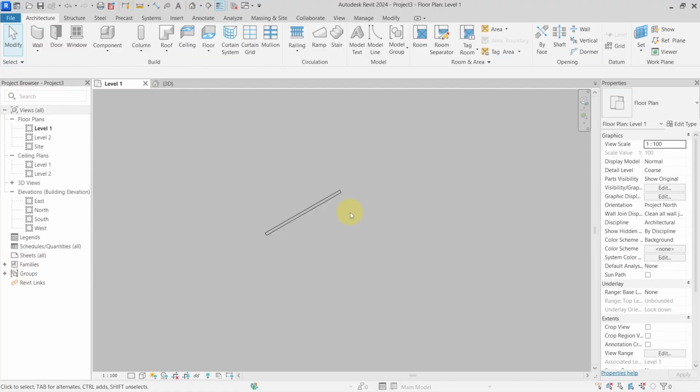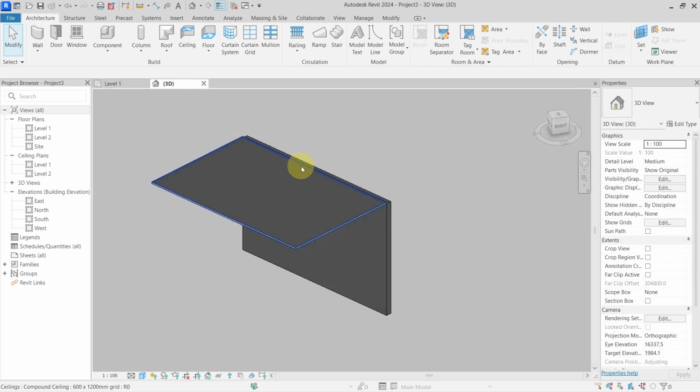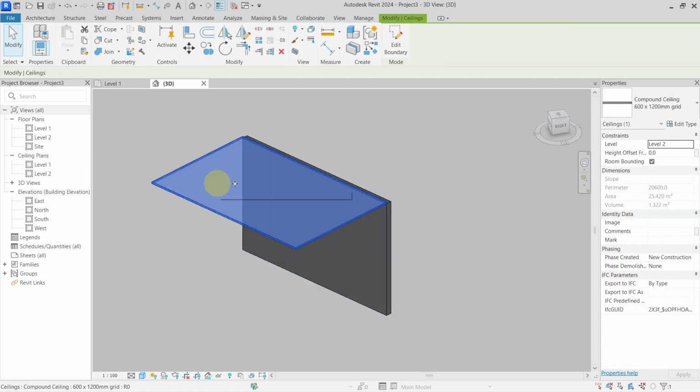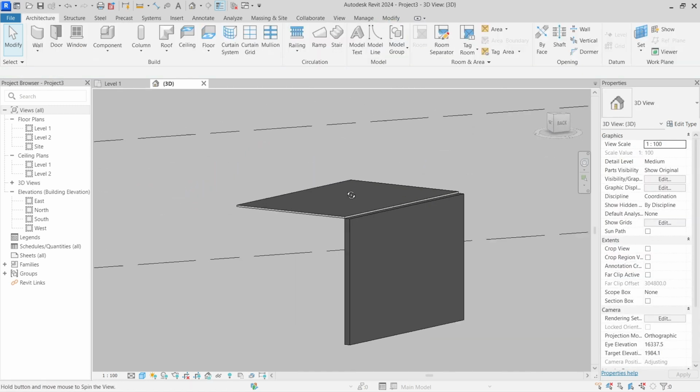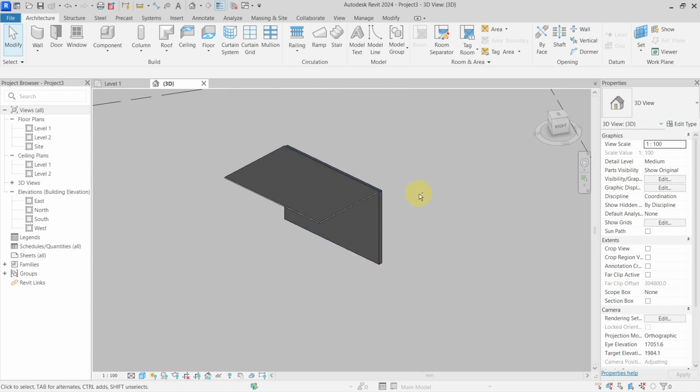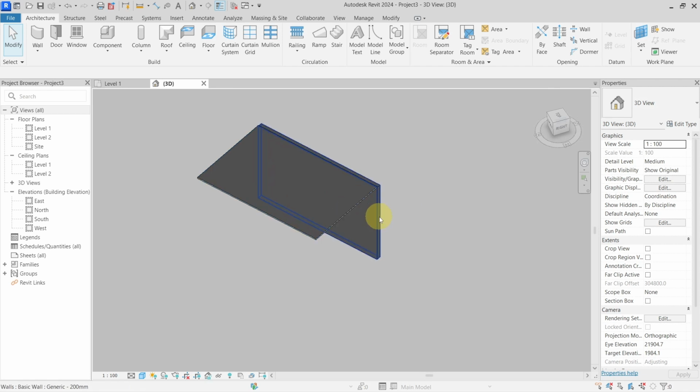Hello everyone, today let's take a look at how we can import a DWG directly into a sketch mode. So I have a small project like this where I have a wall and a ceiling, and I have created a DWG file with some pattern which I want to import into my project to create openings in these two